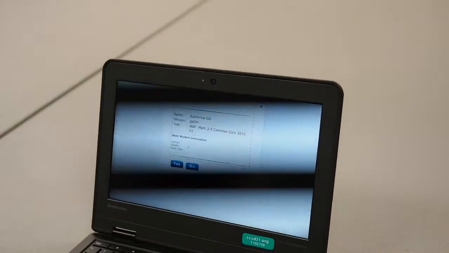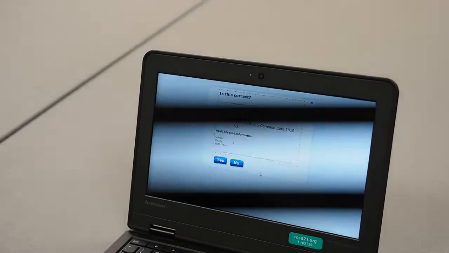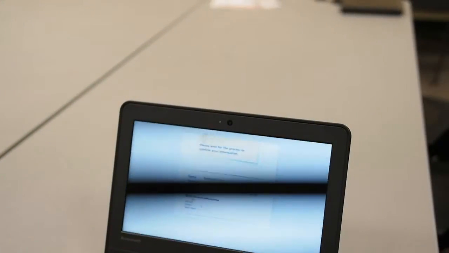And this is all in the directions. Once the teacher has verified that each student has the correct name up, so Ursula's playing Catherine Gill right now, she would click Yes. And at this point, the teacher, there will be a pause in the action for a moment here,